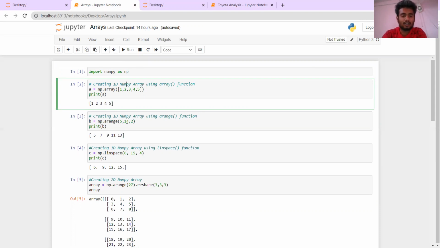And to create a 2D numpy array, we pass a sequence list to the array function. So here we can see the creation of the 2D array.